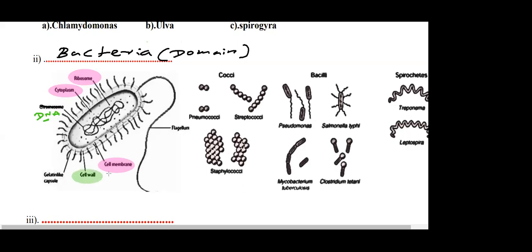That's a similarity between the bacterial cell and the plant cell. If you get a question in the exam like this, write down a similarity between bacterial cell and plant cell, what to write? Cell wall is present in both. Now if you get a question, write down two similarities between bacterial cell and animal cell, what is the answer? Ribosome present in both. Cell membrane present in both. Cytoplasm present in both. Understood? Right. Then what are the other unique features?